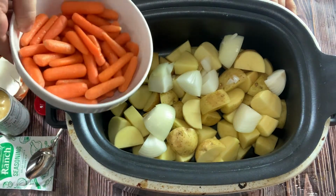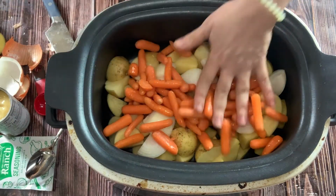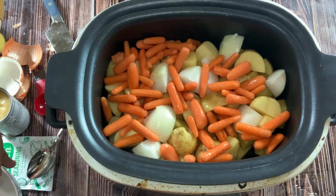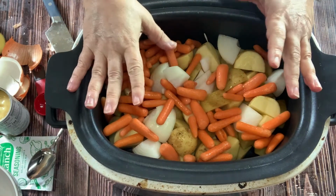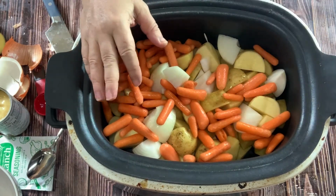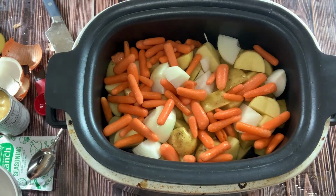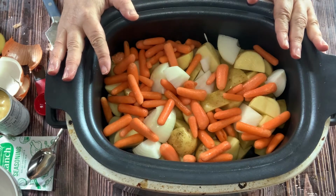And then the next thing I'm gonna do is add my baby carrots. This is 16 ounces of baby carrots. You could totally use regular sized carrots and just cut them up. Again, I like using the baby carrots and the baby potatoes because it's a real time saver. You don't have to peel, you don't have to chop, they just go in there. But either way, that's fine. And then we're gonna set this aside while we